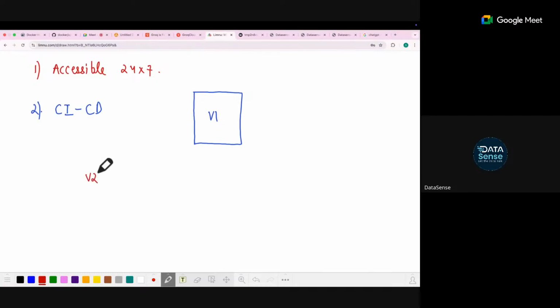They have decided to launch version 2. Will they close version 1? No, they never close version 1. What happens is that in the backend, as you are using it, they update the system, and the moment the system is updated, v1 is swapped with v2 without you getting to know. It does not hamper your experience.